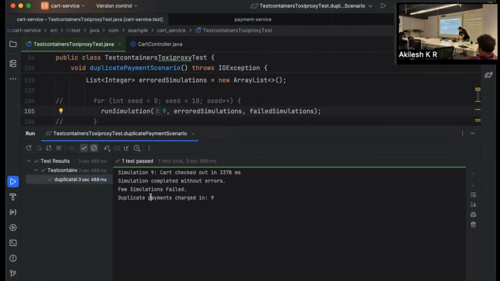Right. However many times you run this same simulation with the same seed, it's going to fail, right? That is a given.